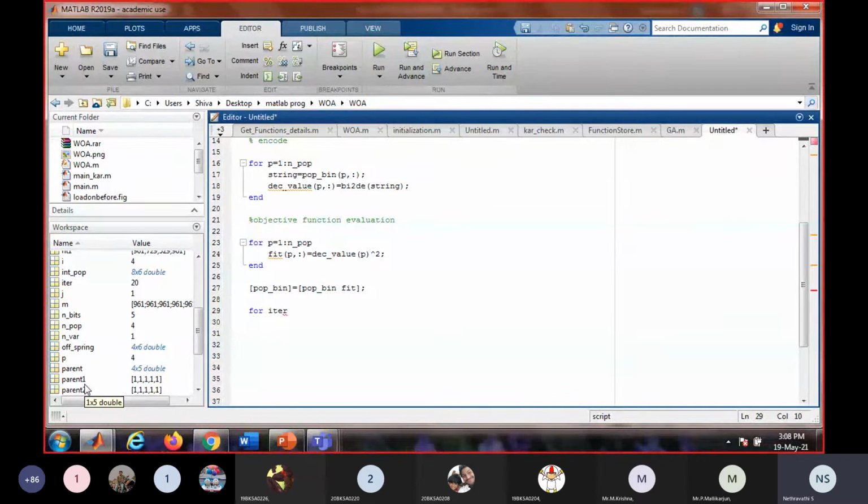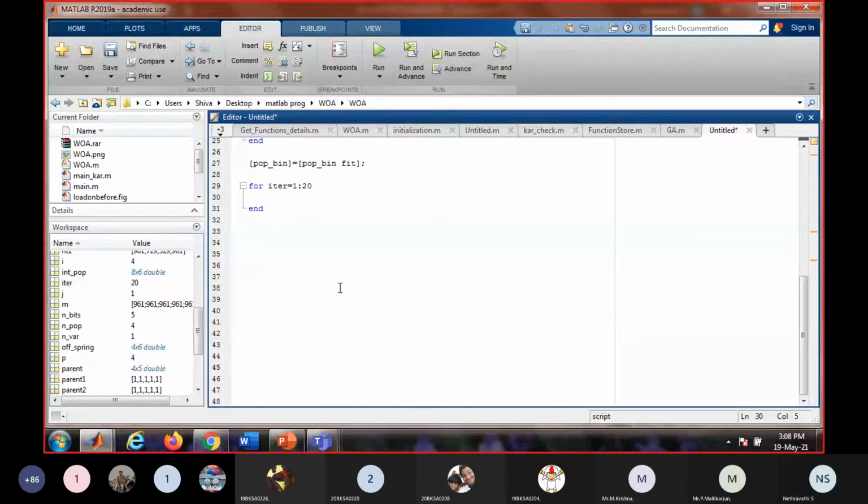So for this, we have to repeat it so many number of times, so many iterations, right? So let us say we are repeating it 20 times. Okay, 20 times.